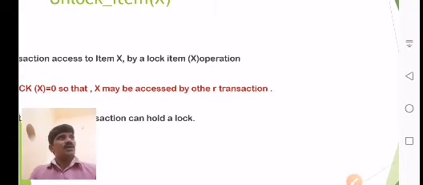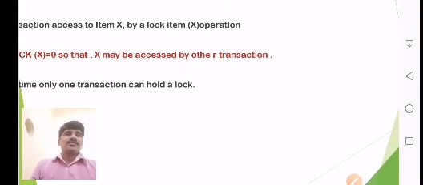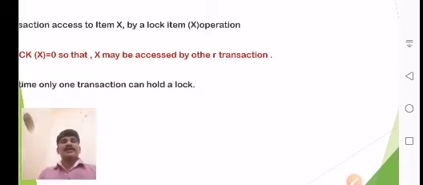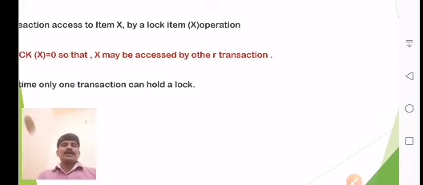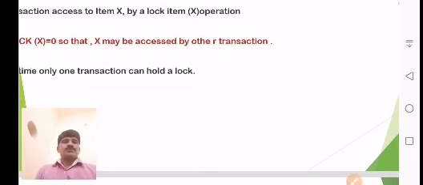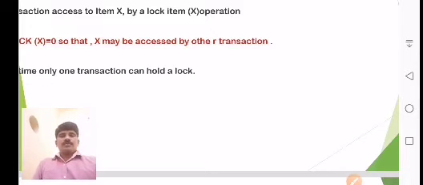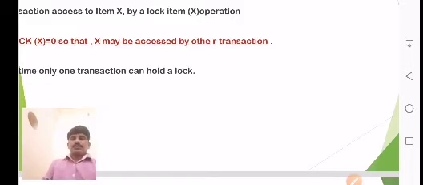If it is unlocked, we can perform all the operations. So that's why in the unlock section we indicate it with x equal to 0. Here x is the data item. At a time, only one transaction can hold a lock. So this is called the unlock.